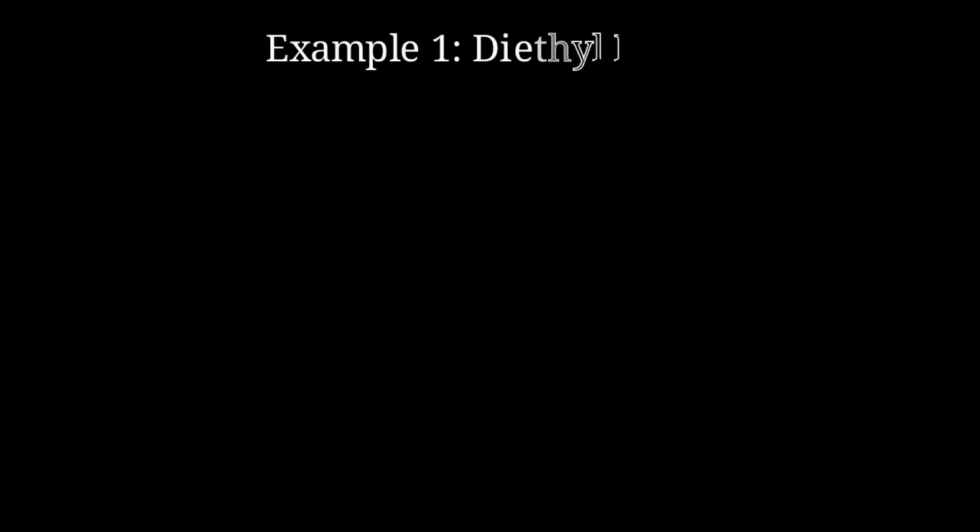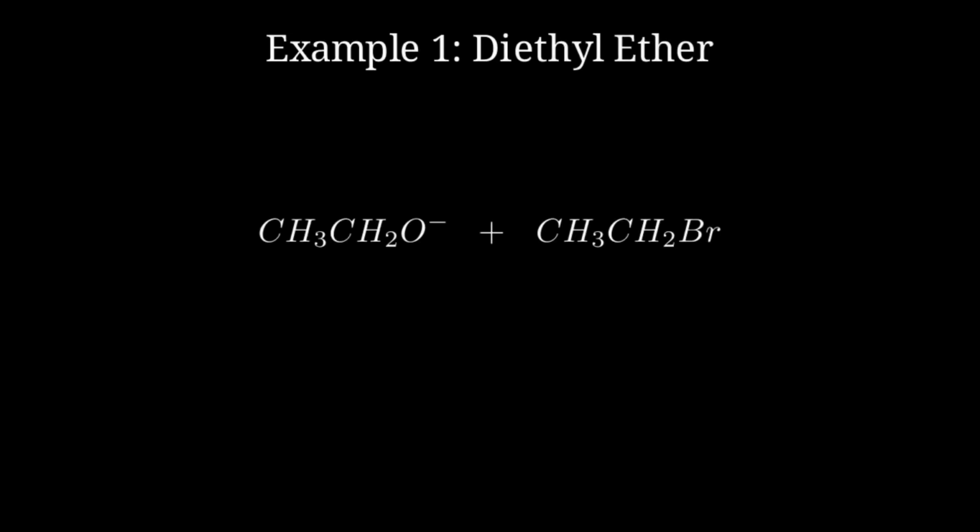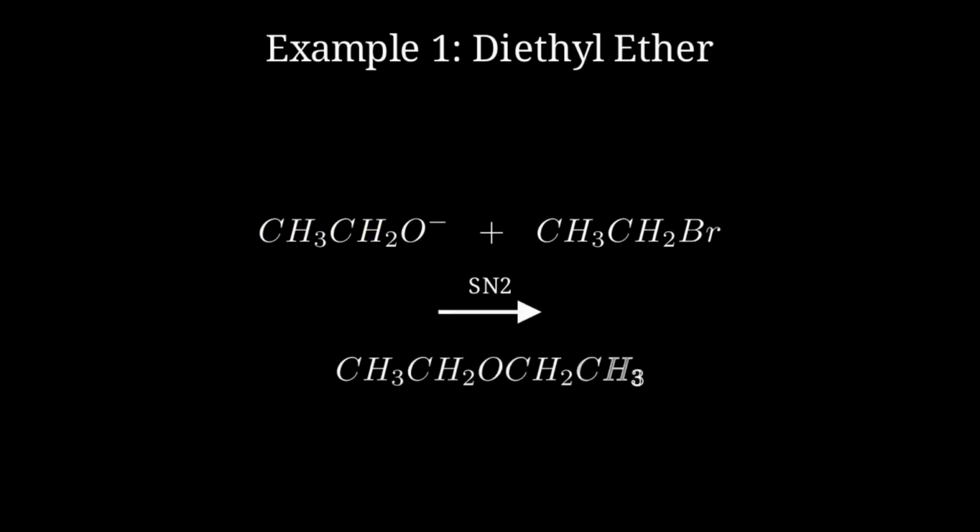Let's look at a simple example. Reacting ethoxide with ethyl bromide works perfectly. Since the substrate is a primary halide with little steric hindrance, the SN2 reaction proceeds rapidly to form diethyl ether